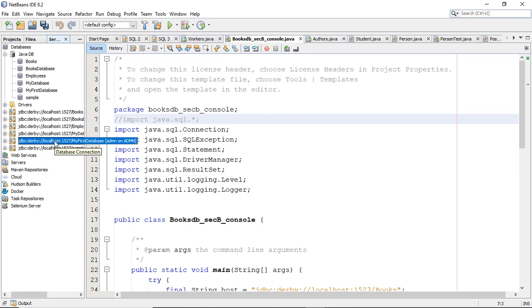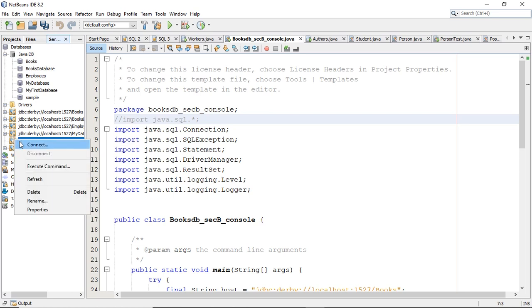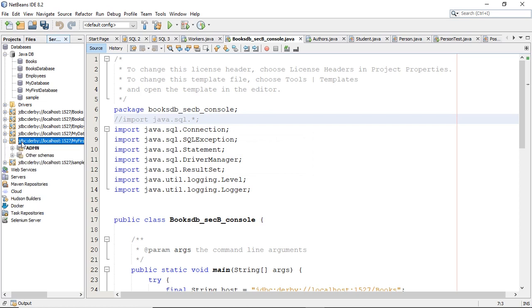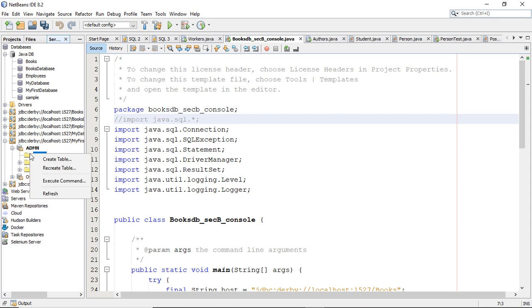Now this is the address that we can use to access our database on the server. Now you can see this link is broken at the moment, but we can connect it, and now as we can see over here, we will be able to add tables to our database. You can create tables by right clicking on this tables,